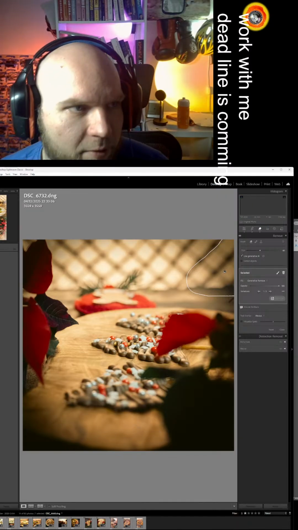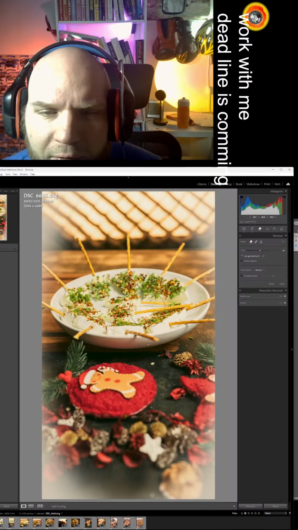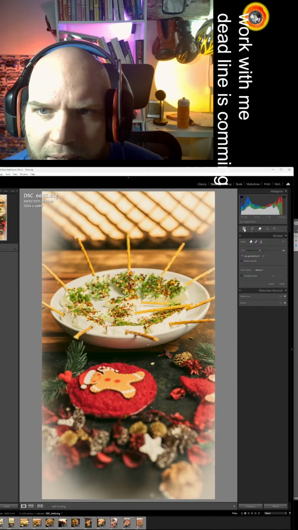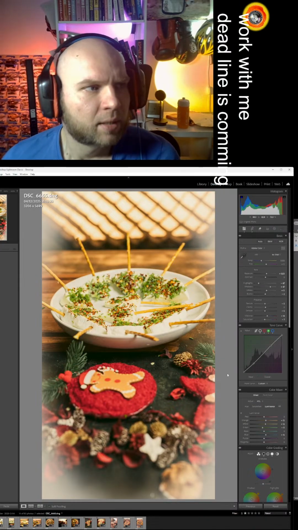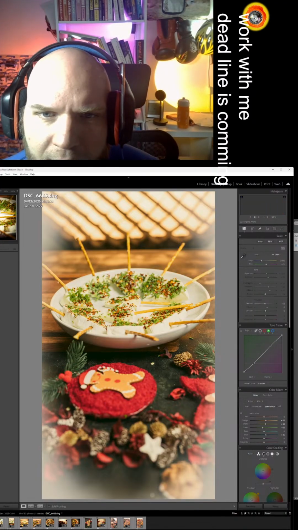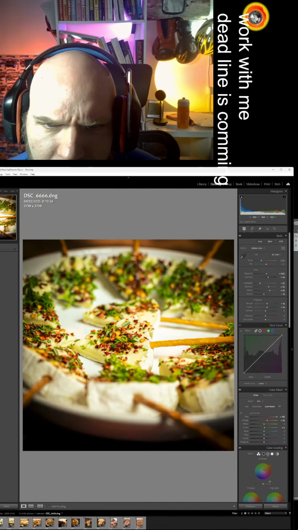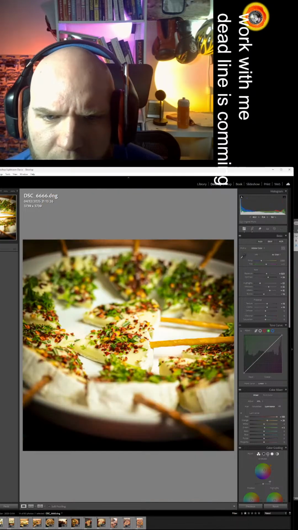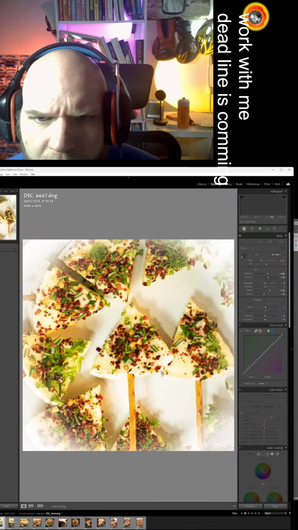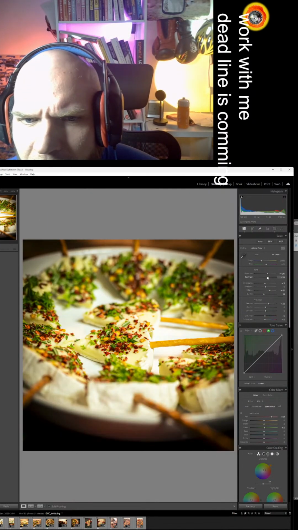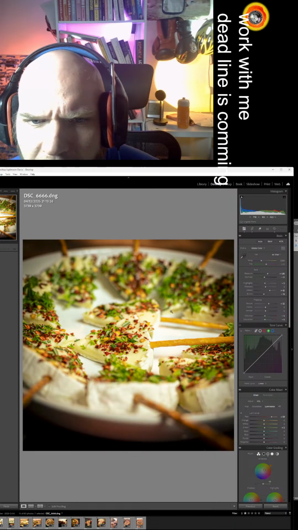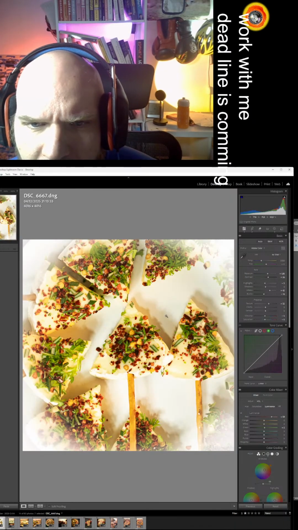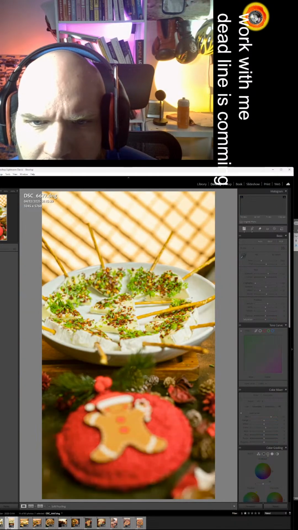Okay, so let's check out our photos from the beginning. Over here is our cheese. Here is our cheese, photo number 1, photo number 2. I would say over here is too much contrast. Let's reduce it. Yes. Photo number 3, right, okay.